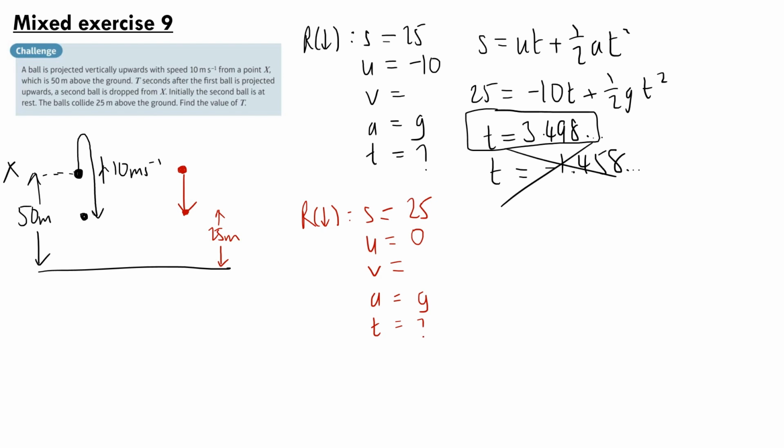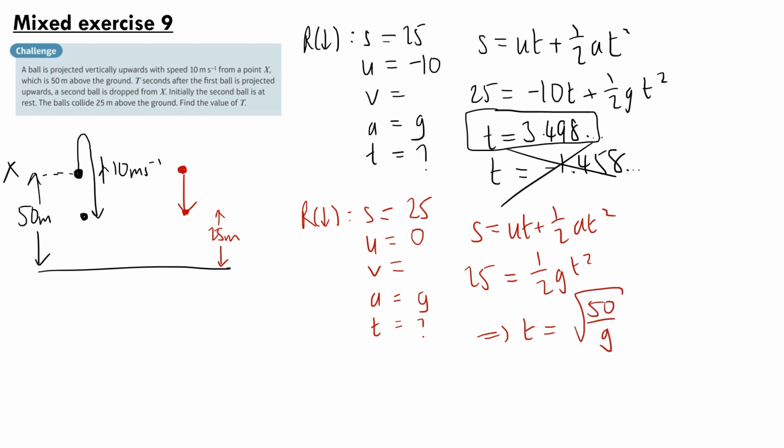So using the same equation as up there, s equals ut plus a half at squared. Therefore we get 25 is equal to 0t, so just 0, plus a half gt squared. Therefore we get t is equal to the square root of 50 over g. And putting that into your calculator, the square root of 50 over 9.8, we get